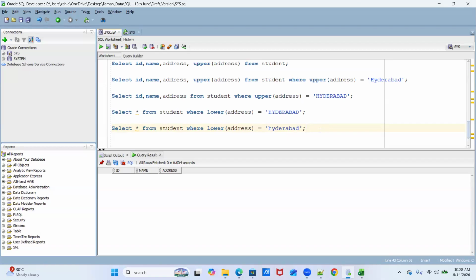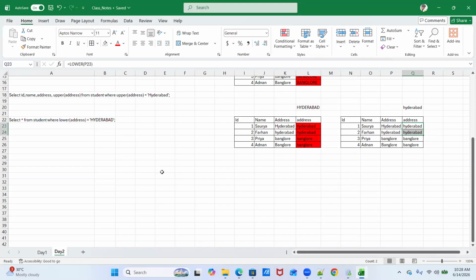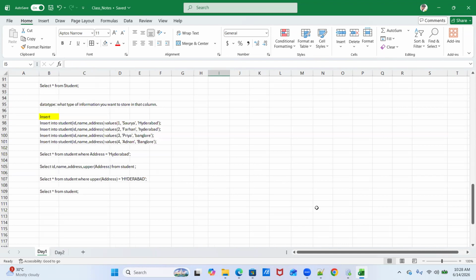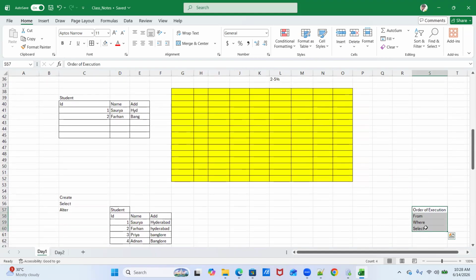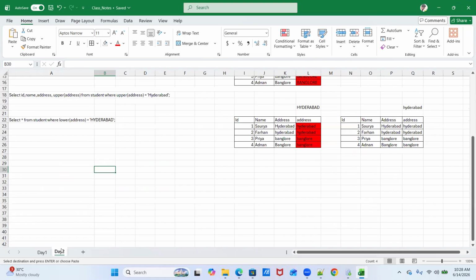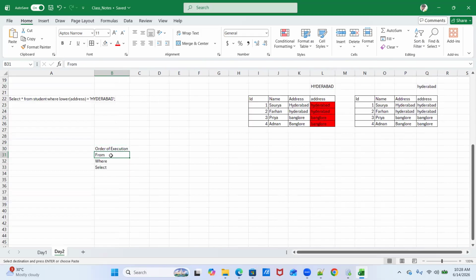Okay, so yesterday I was explaining the order of execution, how the engine executes the query. Let me copy paste it here. First it executes the from clause.